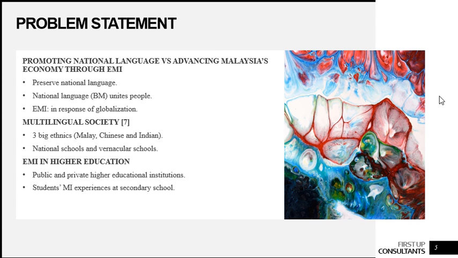But we have a problem if we want to advance in economy, if we want to master science and technology, we have to use English as the medium of instruction. So it is also important in response to globalization. In Malaysia, we have a multilingual society. We have three big ethnic groups such as Malay, Chinese, and Indian. And our